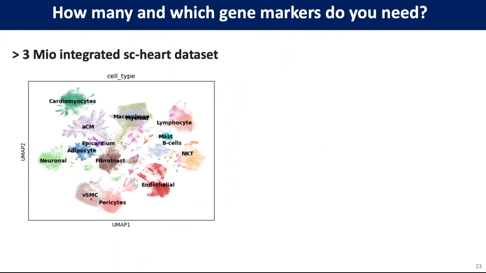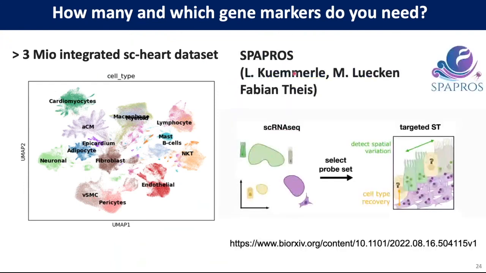So we integrated the publicly available data sets and then used an end-to-end pipeline developed by Louis Kümmerle, Malte Lücken, and Fabian from Fabian Theis lab in Munich, called SPA-PROS. Here you can use the single-cell RNA-seq reference and select a probe set to allow you later to integrate the single-cell RNA sequencing data with your spatial transcriptomics data, making sure that you included in the probe set those target genes that allow you to perfectly map and integrate the different